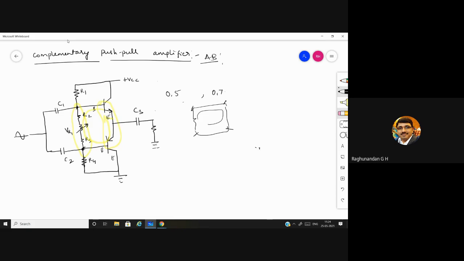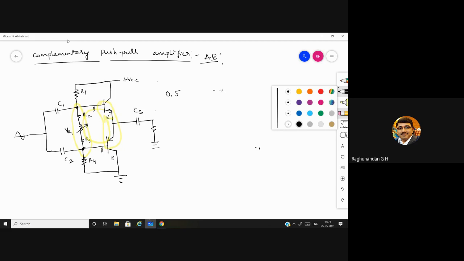And we know for parallel combination, the voltage will be same. Parallel branches will be having same voltage. The same concept we are going to use here to demonstrate it. Here R1, R2, R3, R4 are connected and VR1 is connected. These 4 resistances itself will provide the necessary voltage drop which is required to nullify the 0.7 voltage drop.